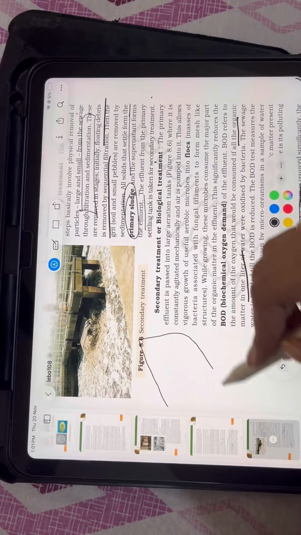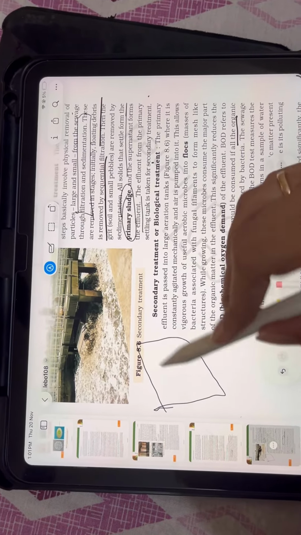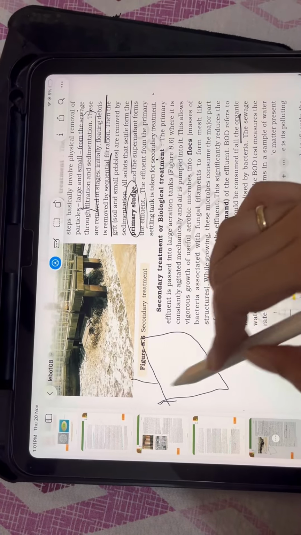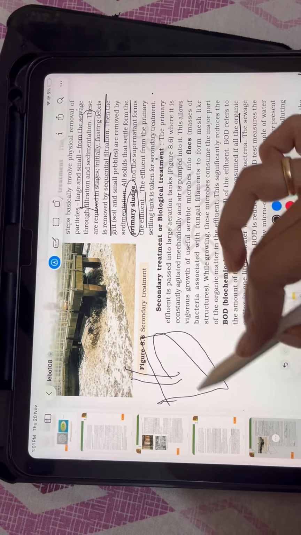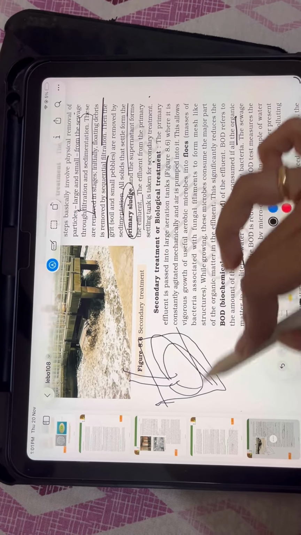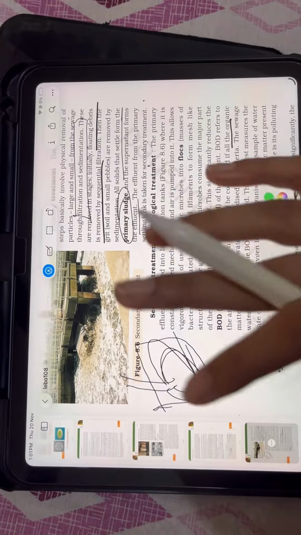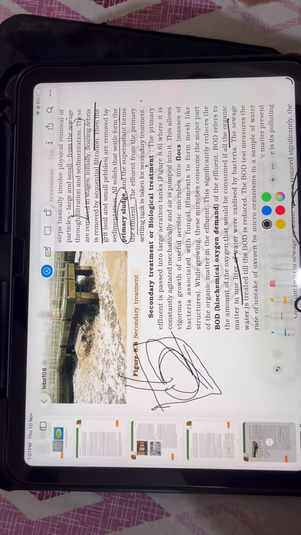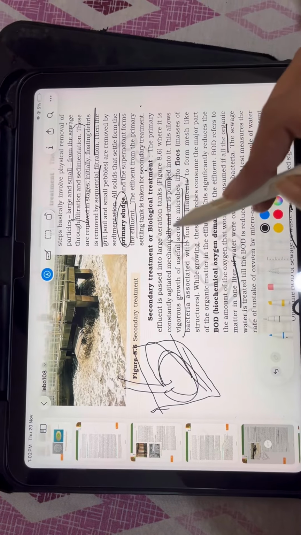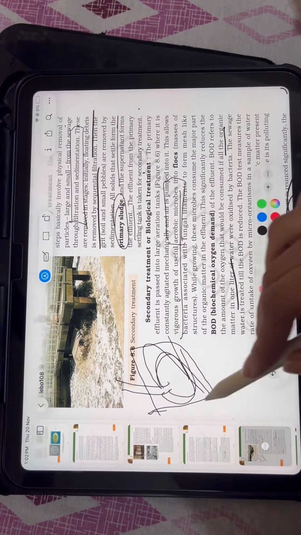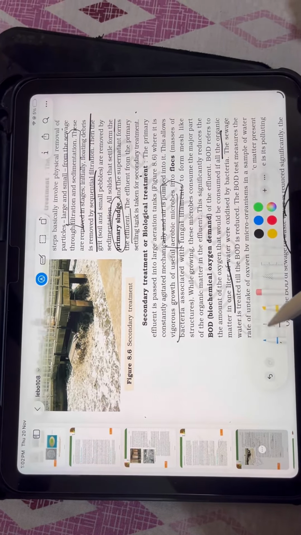So in secondary treatment, what happens is bioaeration. Bioaeration means air is pumped into it mechanically, and the mixture is constantly agitated, like in a mixer grinder. The same type of movement happens in this tank. This allows the vigorous growth of useful aerobic microbes into flocs. What are flocs? Flocs are fungal filaments